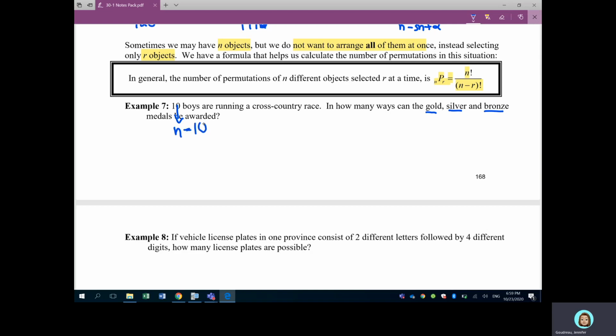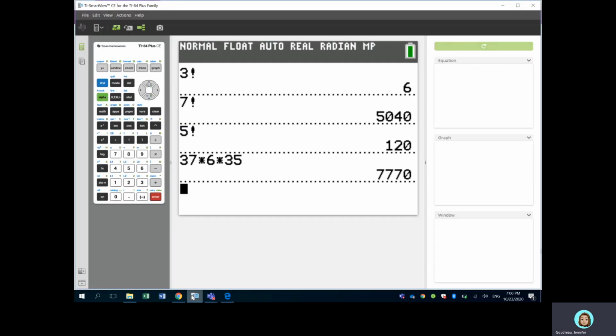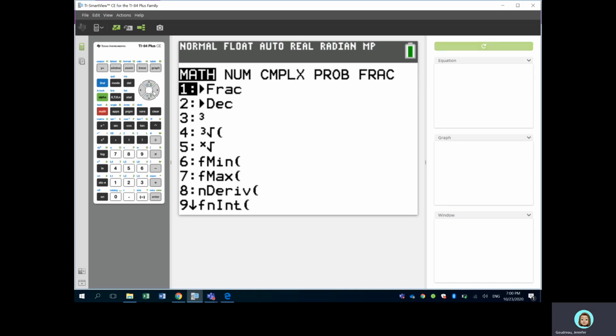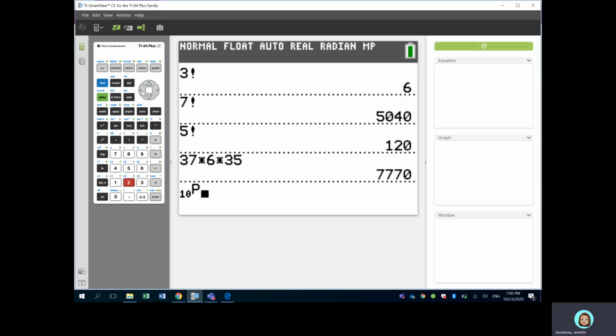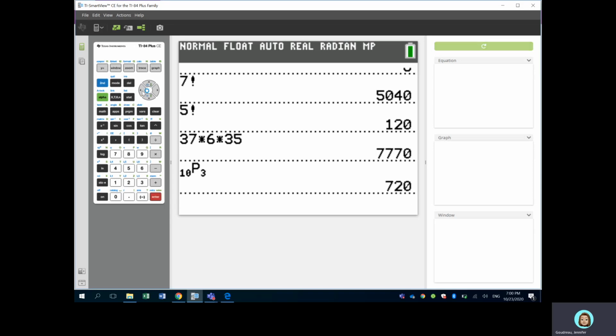We have 10 items that we are arranging, so n is 10, but we only have 3 positions, so our r is 3. Our answer then becomes 10, the number of objects. It's a permutation, so we're going to use the letter P, and we're using our items 3 at a time. We can do this on the calculator. So we would put in the n value first, that 10. Go to your math menu, and again, back to that probability menu, and you can see number 2 says nPr. So we're going to do number 2, and then go ahead and put that r value in there, which is 3. That gives us 720 ways